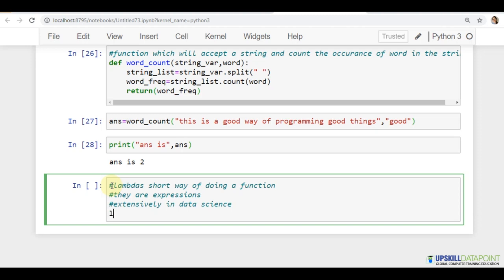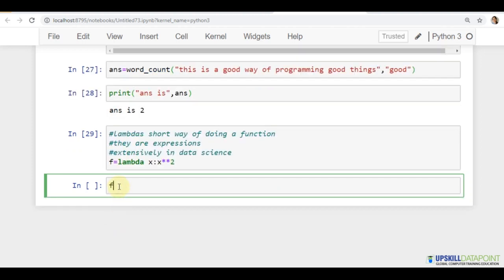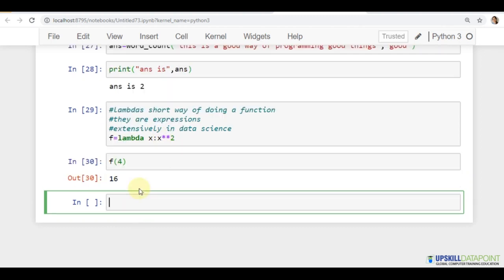So how do we do it? We just have to write lambda x, and I want to multiply power of 2. So this result goes inside f, here f of 2 is going to be 4, so this is your lambda.